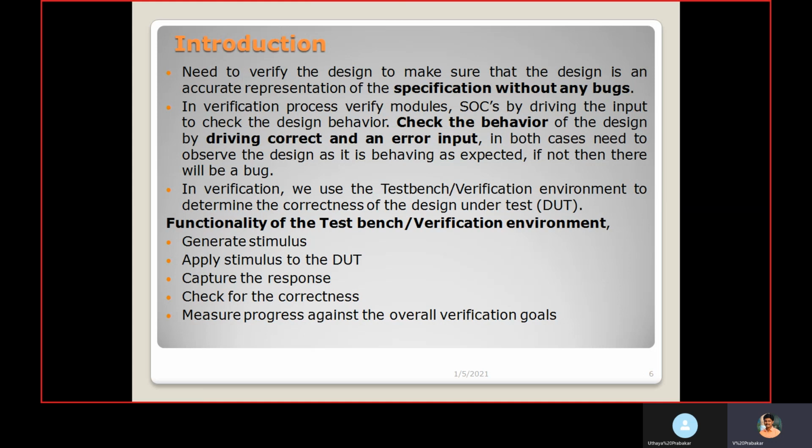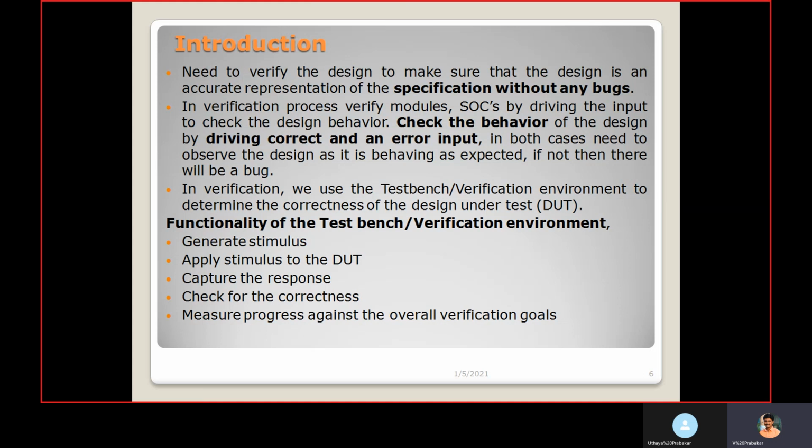But as a verification engineer, before each process, we need to verify it is working properly for the proper input, and for the error scenario, if we give a particular pattern of inputs and expect an error, that also we need to verify.